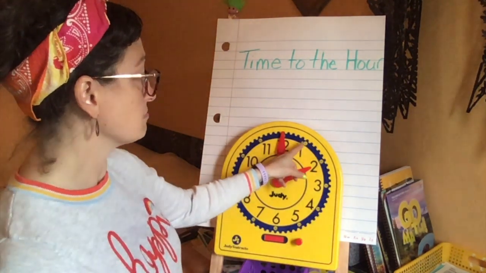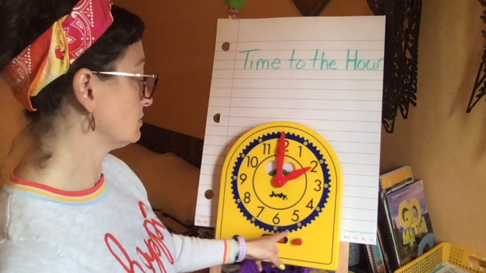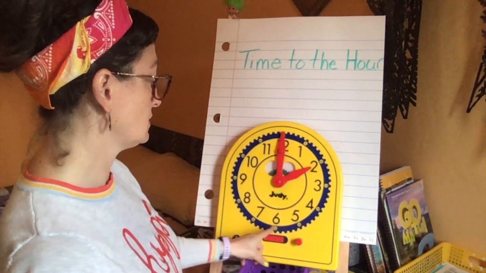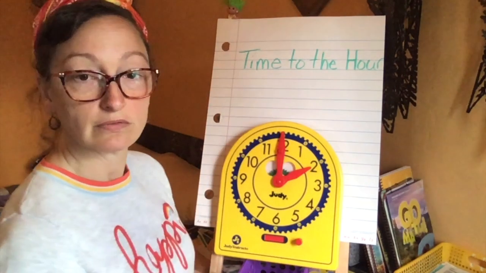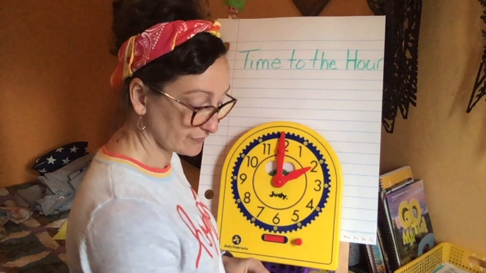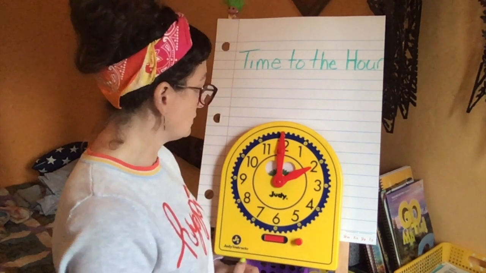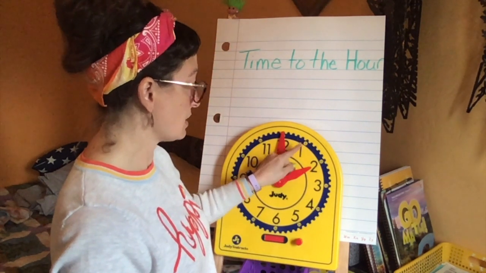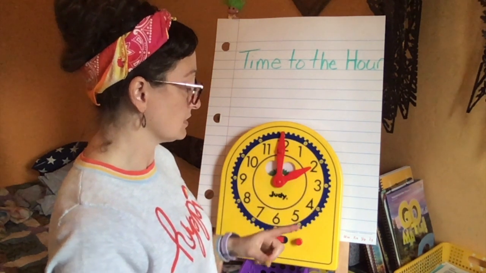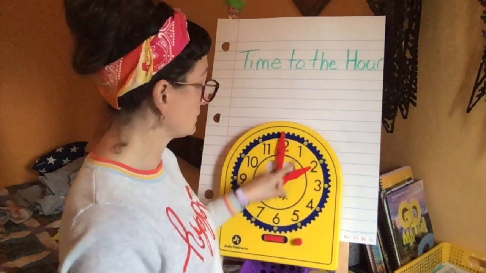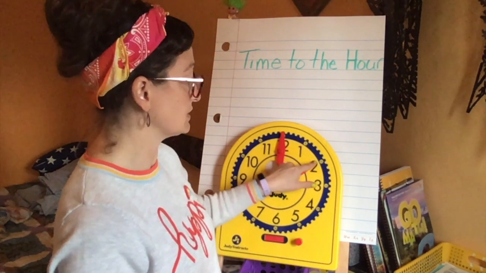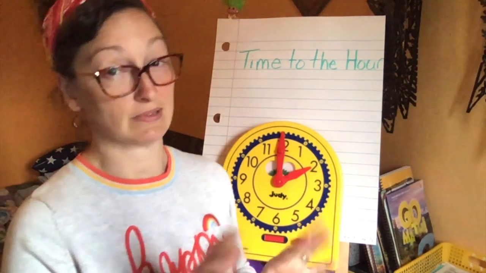I see that our numbers go in the same order that they would. They go from smallest to biggest in a circle, right? Do you notice that? Is there anything else that you notice? Yeah, I see on my clock, your clock might not have this, but our minutes go in increments or sections of 5, okay? So each number represents 5 minutes in between them, okay? And we'll talk a lot more about that in a little while.